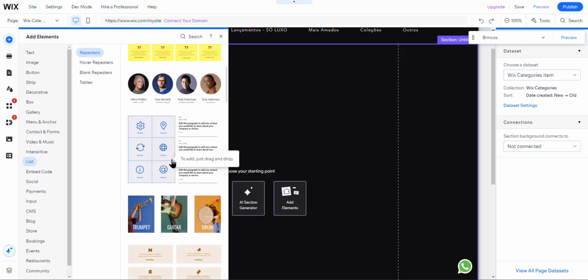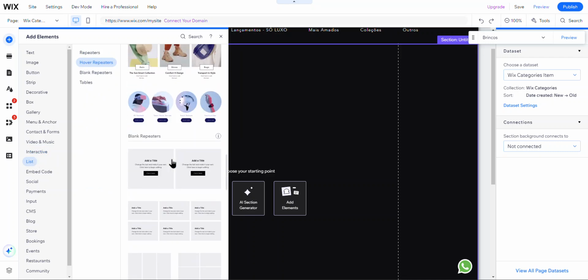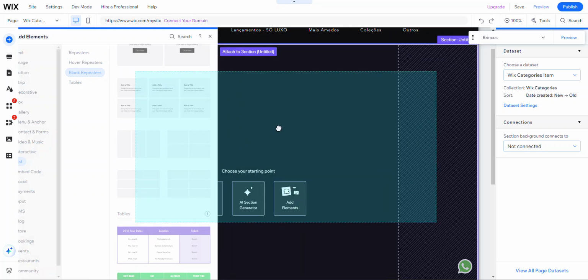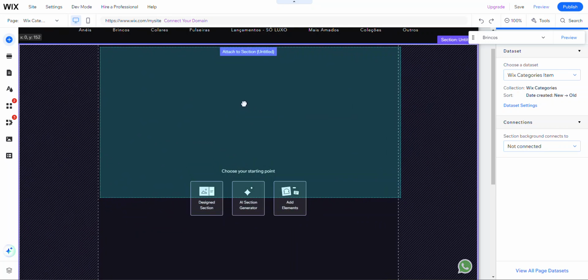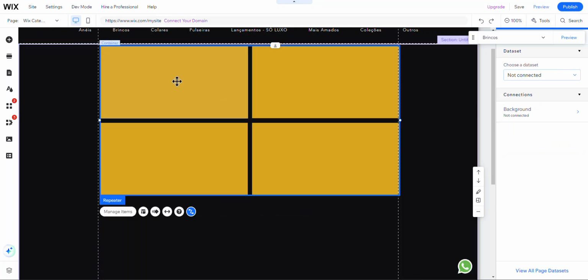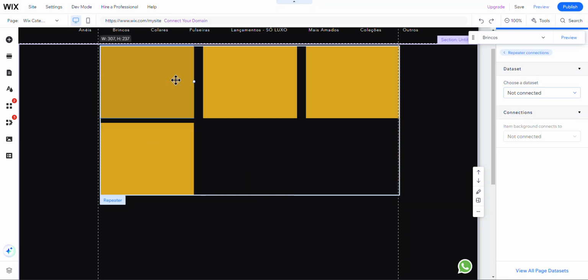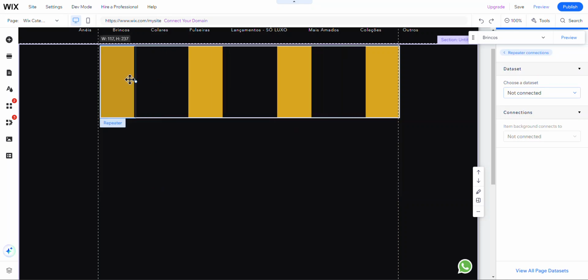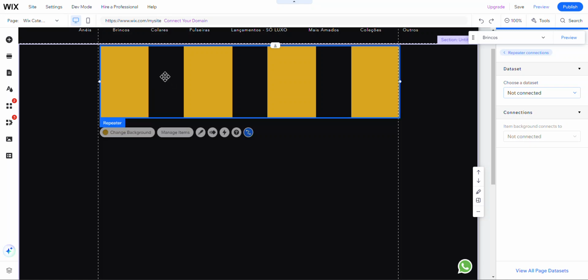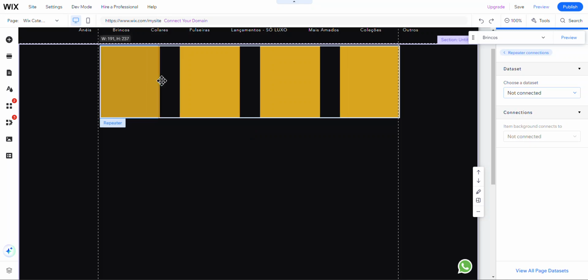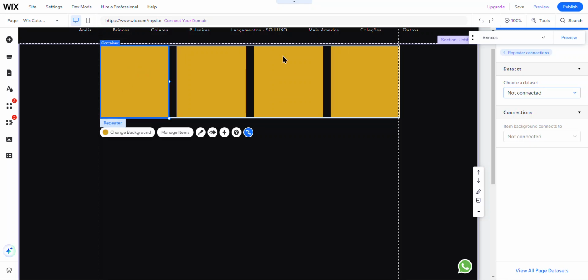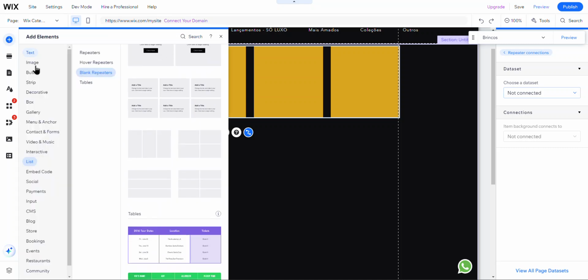Start with a list, and we're going to start with a repeater. I just kind of like to use blank repeaters. Again, it's just a little bit easier to add to it as opposed to trying to make something else work. So we will have more items in here, but like I said, I just want to get this set up